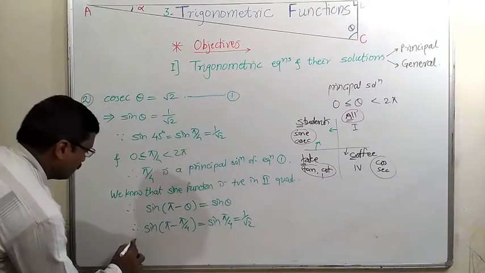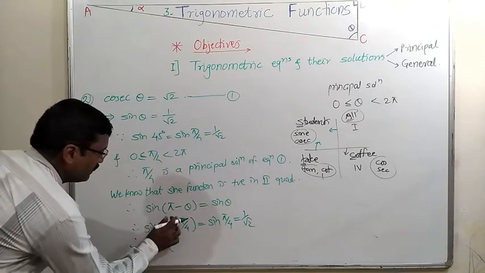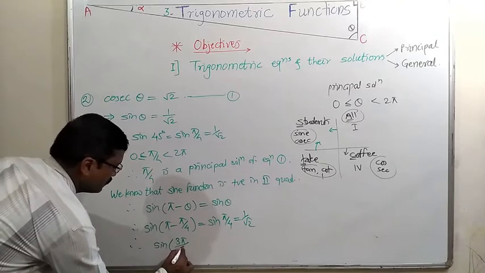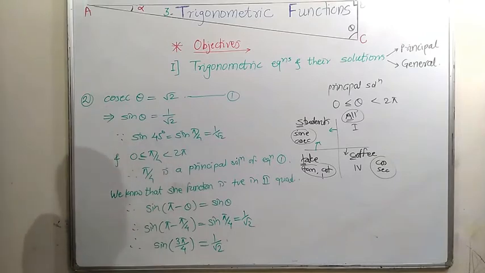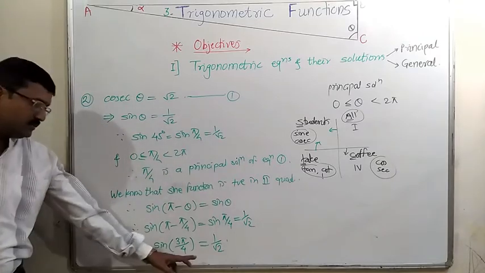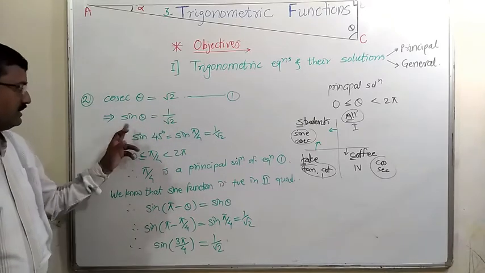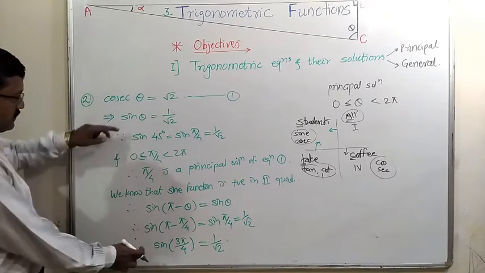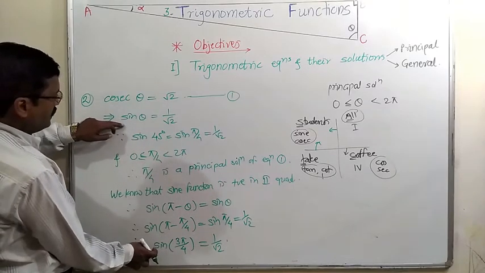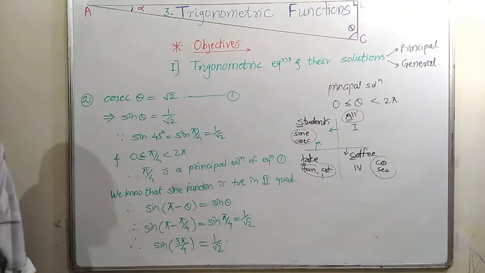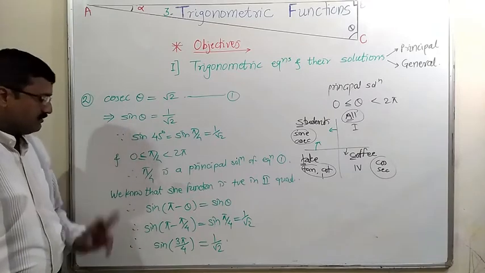So we get another trigonometric ratio, sine, having the angle 4 minus 1, that is 3 pi by 4, and it is equal to 1 upon root 2. So sine 3 pi by 4 is equal to 1 upon root 2. This is the second angle which satisfies the same equation. This is similar to the earlier one: instead of theta, the angle is taken as 3 pi by 4. So the left hand side ratio is sine, and on the right the number is the same, 1 upon root 2. So this is the value of theta which satisfies the given equation.